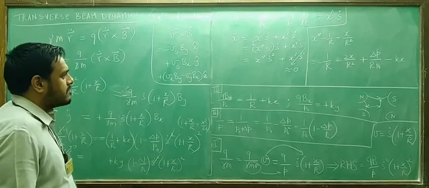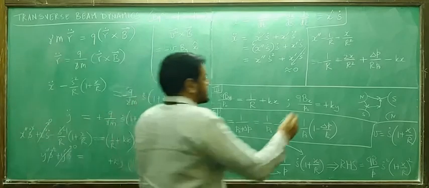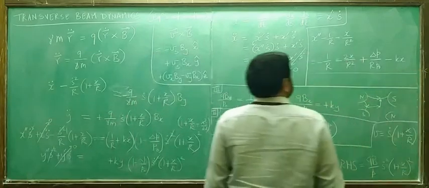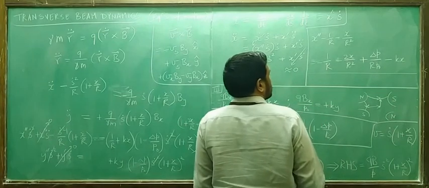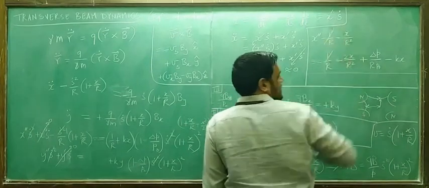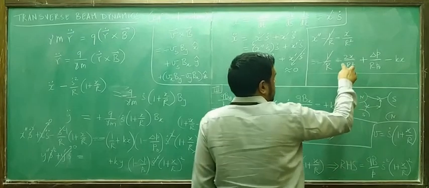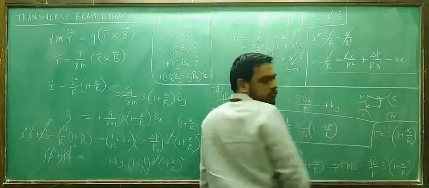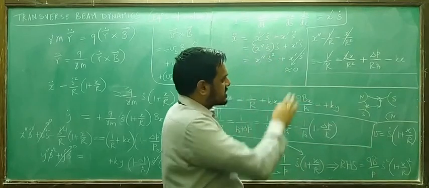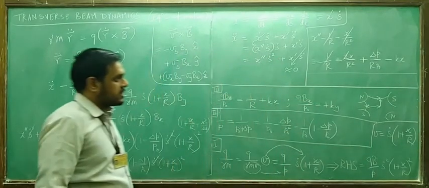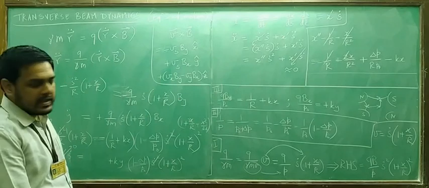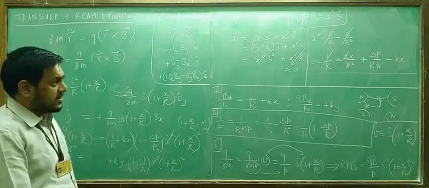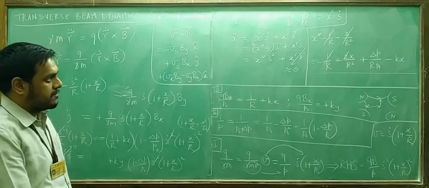Okay. This is about the x terms. By the way, if you look at this, what do you see? 1 by r will cancel straight away. And minus 2x by r square and minus x by r square. So one of these two will cancel. And the rest of it remains as it is. Is it okay? This is fine. This was the x equation of motion.